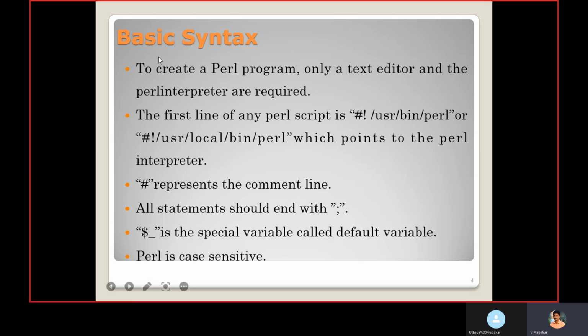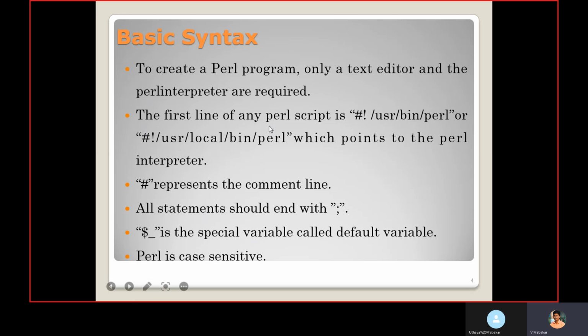Then we are going to see the basic syntax of Perl. To create a Perl program, only a text editor and the Perl interpreter are required. With the text editor, we can develop the code, and using the interpreter, the code is converted into machine level.